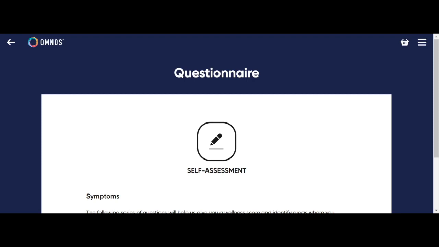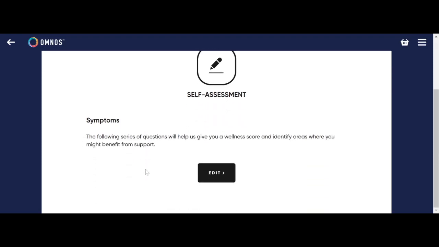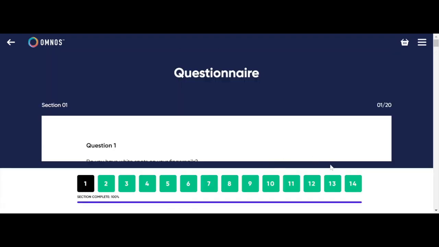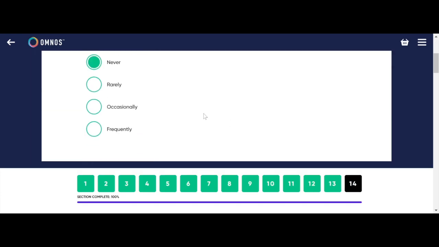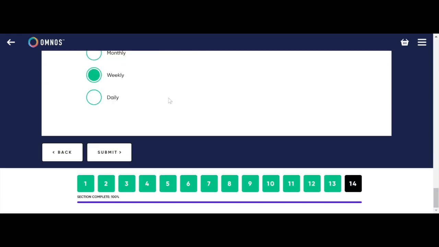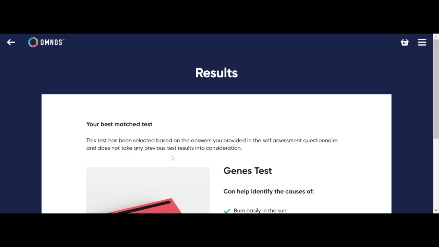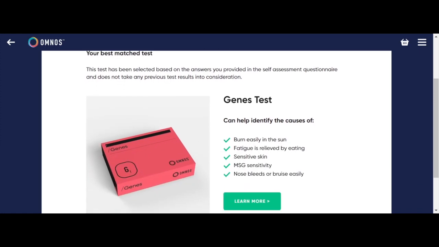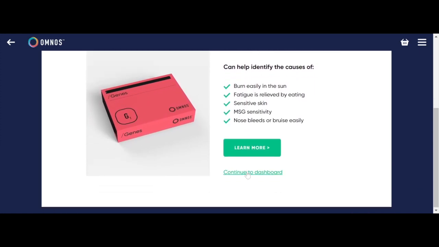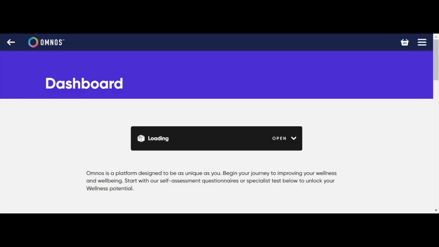But what happens when you want to look at seeing which test might be better for you in comparison? Well, that's where the full questionnaire really starts to come into its own here now in this regard. Because once we fill out the full questionnaire, we just skip to the end, again, change one answer, and we can get a ranking between every single test on the dashboard. And we can see here the top match test has been the genes test for us. If we click on through to the dashboard,